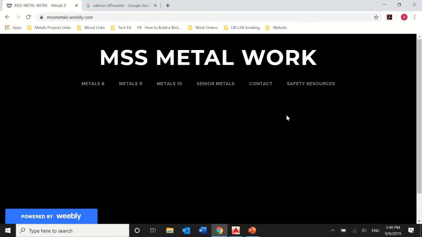Afternoon, MSS Metals. What we're going to go over today is how to do all of the steps that you need to do for your AutoCAD cut CNC Crest. That's the grade 9 project. So where you're going to start is at